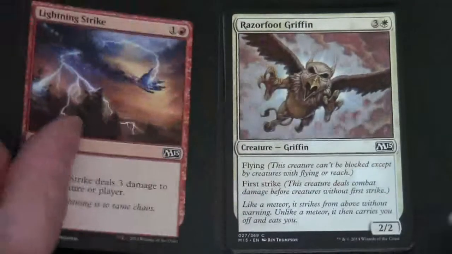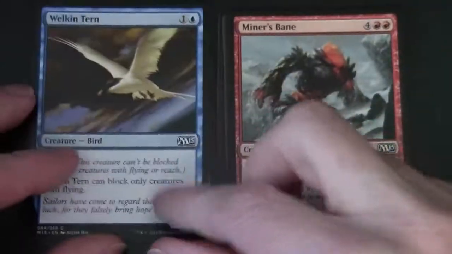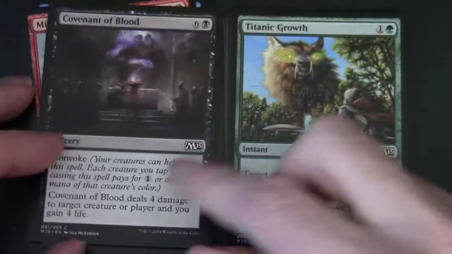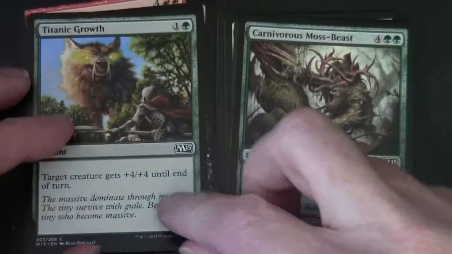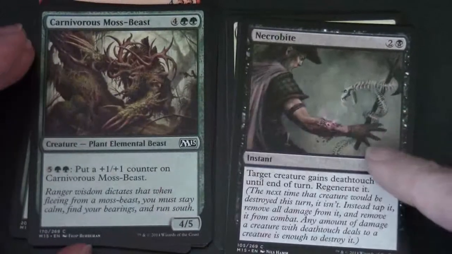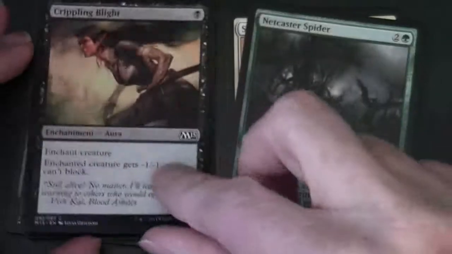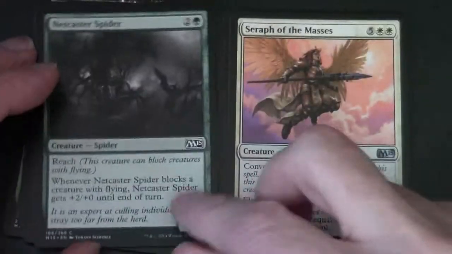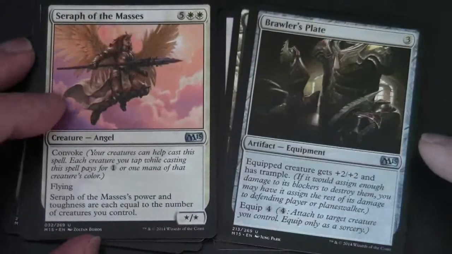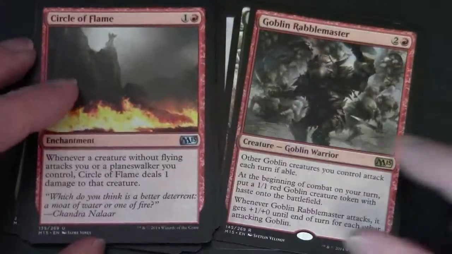Lightning Strike, Razorfoot Griffin, Welkin Turn, Miner's Bane, Covenant of Blood, Titanic Growth, Carnivorous Moss Beast, Necrobite, Crippling Blight, Netcaster Spider, Seraph of the Masses, so moving on to our uncommons, Brawler's Plate, Circle of Flame, and we have a Goblin